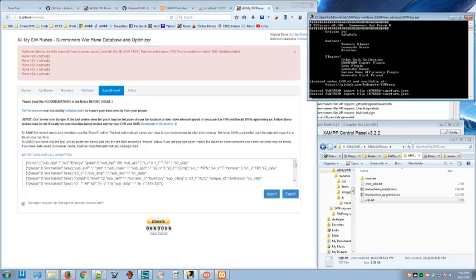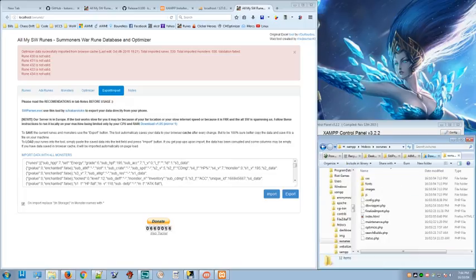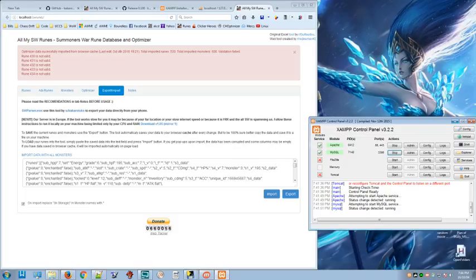So let's see, the proxy, can minimize that. Now we've got everything we need. Minimize that. Can minimize this for now because we're still